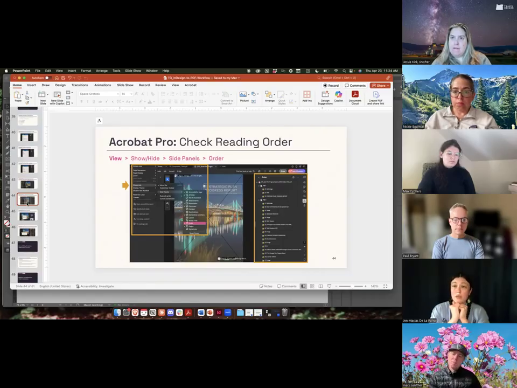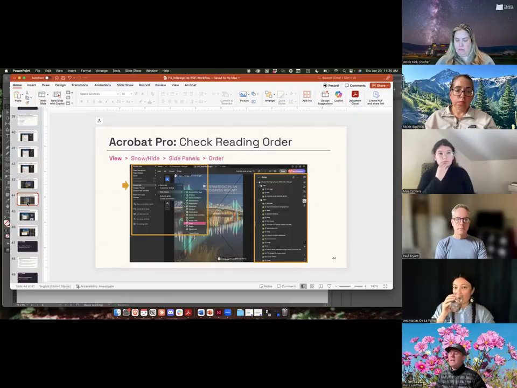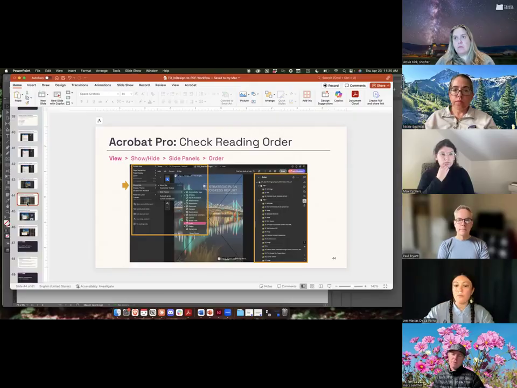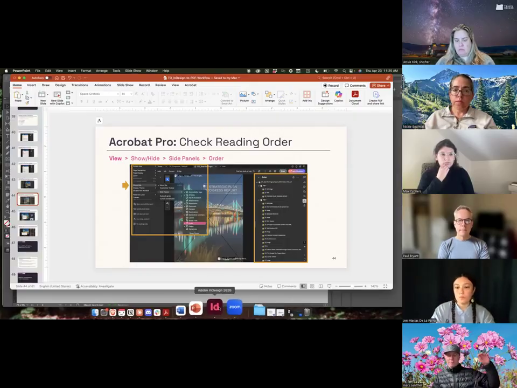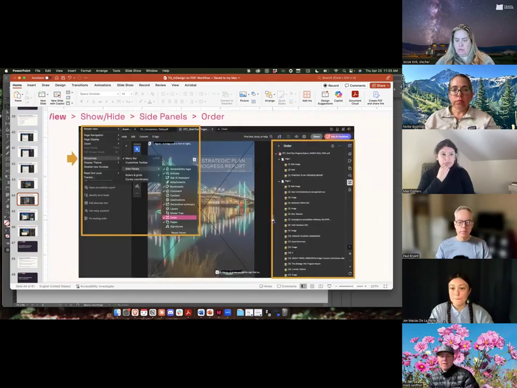So with any changes that you make, make sure that you're in the correct panel, whether it's reading order or tags. And if you're concerned about how things are layered, go to reading order, because that's going to make more sense in terms of how things are consumed and the sequence that they're consumed by a screen reader. And then to that point too, how do layers in InDesign affect reading order? I know we might have page numbers or just different layers within it. How does that play with